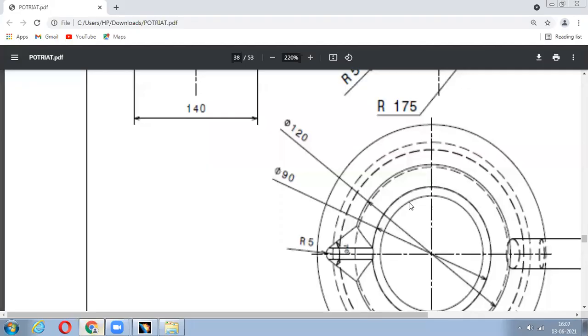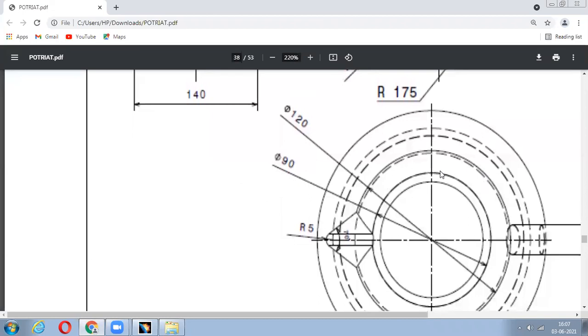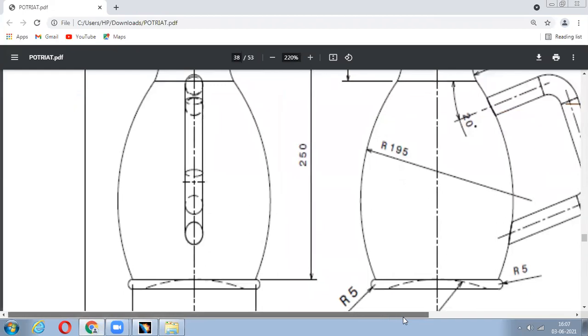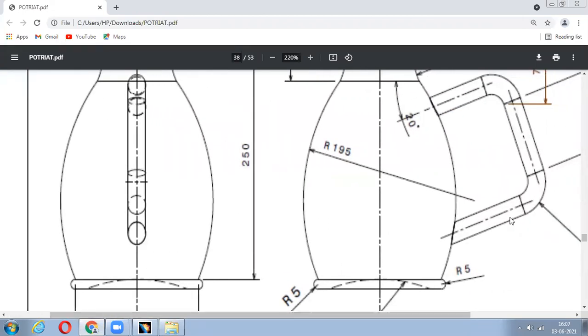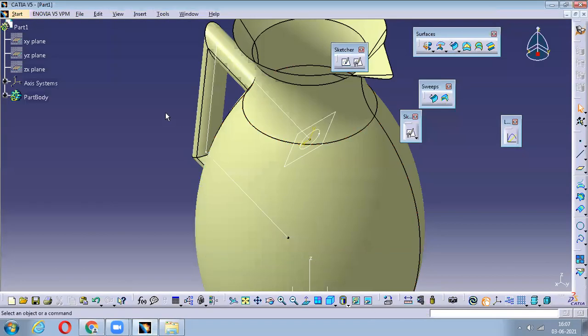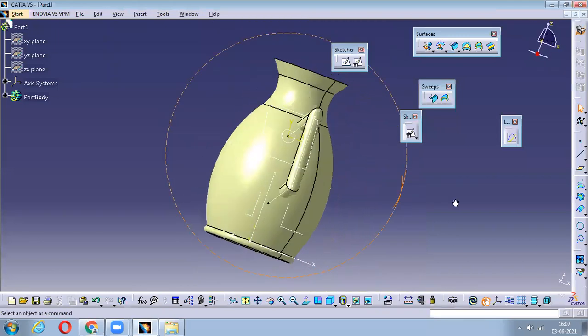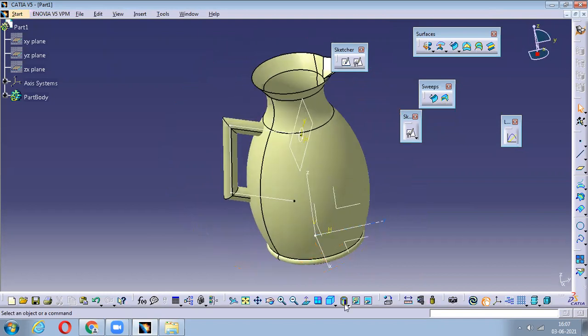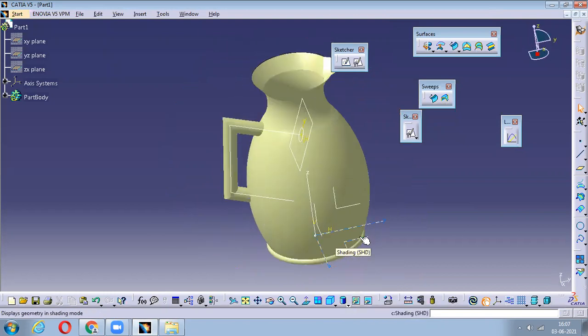We have those dimensions as well for that particular handle part. See here, he has given it. Can you see that? He has assigned the radiuses and all. These are two radiuses of R25. He has assigned this length as well as the height of this and the angle to it. You can do that, right? Or do you want me to show that? You'll do it, right? Yes, sir. Okay. Any doubts till now? Any issues?